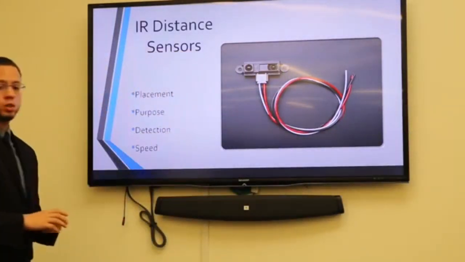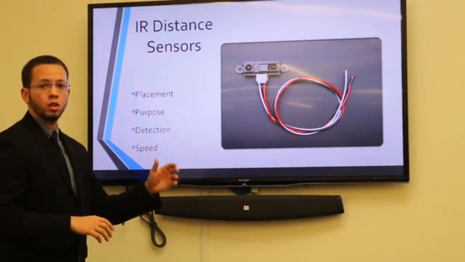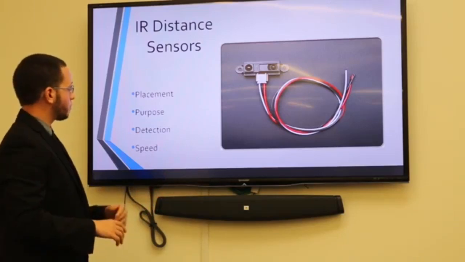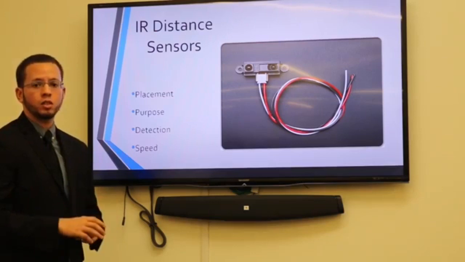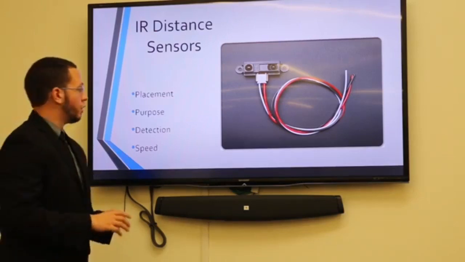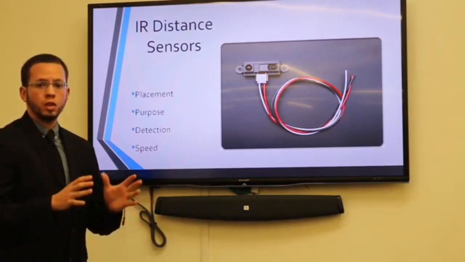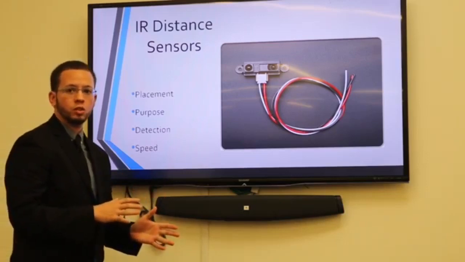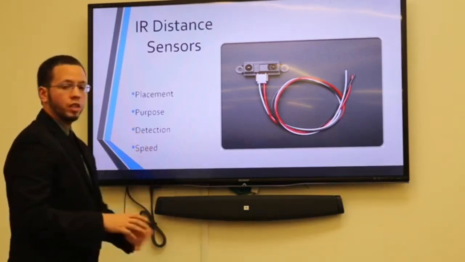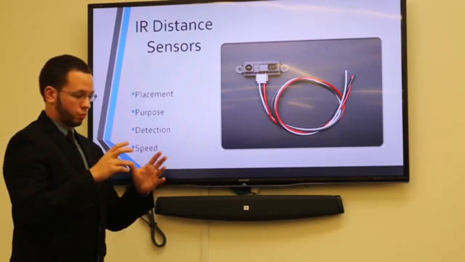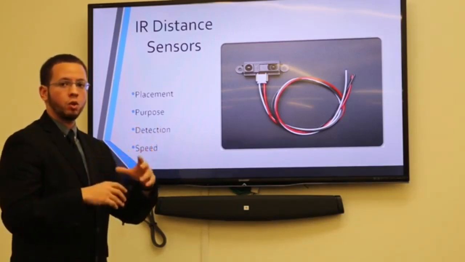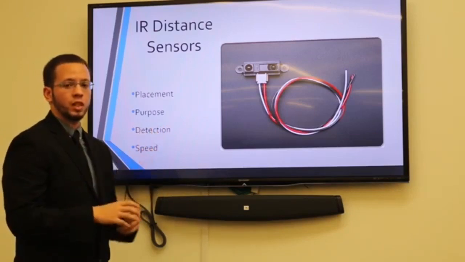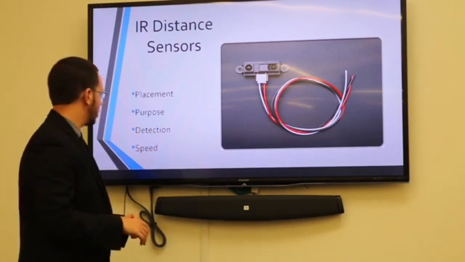As stated earlier, this will be the distance sensor that we will need. The placement of this distance sensor will be outside of the system itself. This is because we don't want the sensor to be in contact with the actual cylinders. The purpose of this distance sensor is to find out the distance between itself and the potato, just to generate what size of potato was actually loaded on.